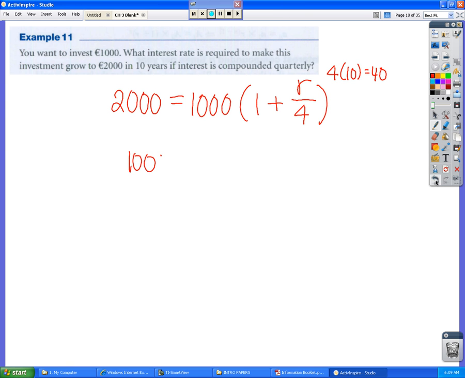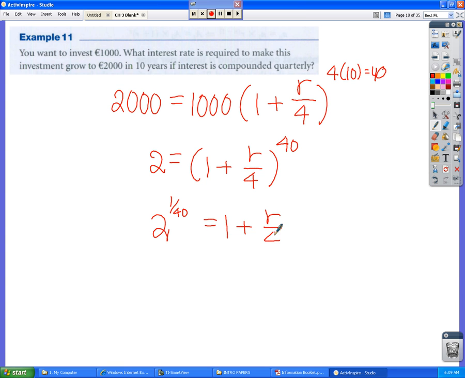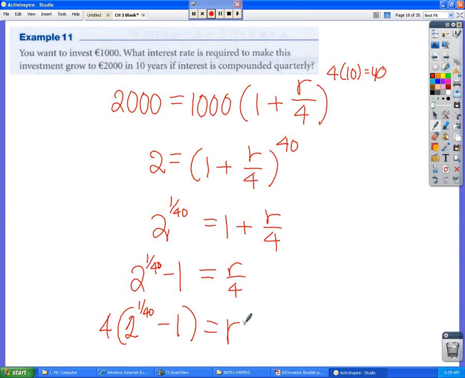I was going to divide by 1,000, which would give me 2 is equal to 1 plus R over 4 to the 40th. Then you would take this to the 1/40th power. Subtract 1 from it. So I'm going to do it without the calculator. I'm just going to write down everything I would do. And then multiply by 4. And that would be my R value. All right, so